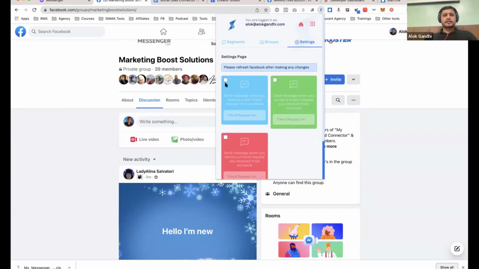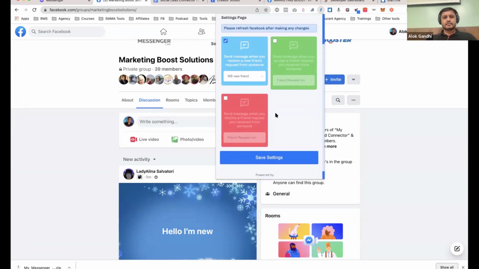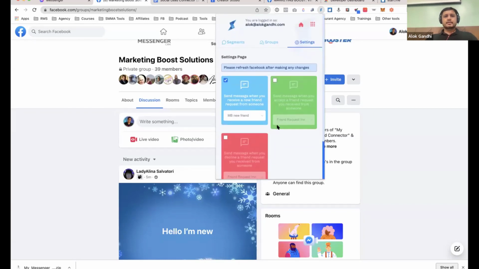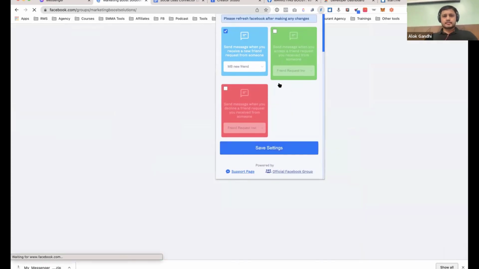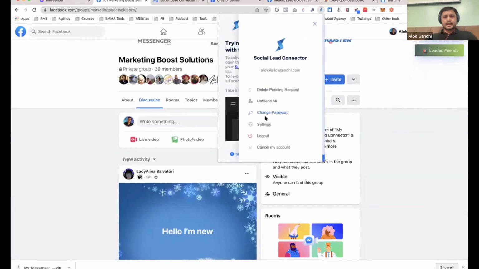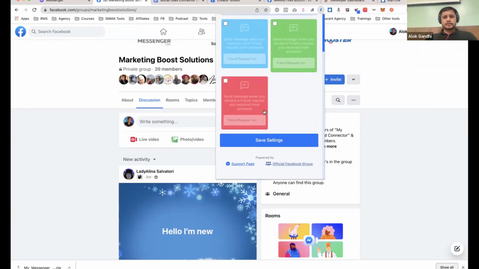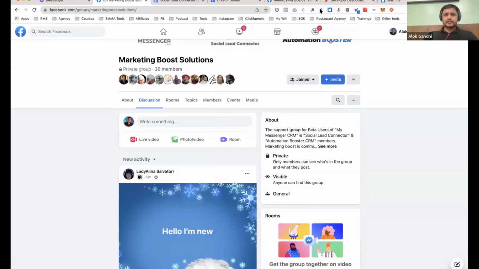So if we go back, and it did not work. Good job. Whenever you're doing a demo, this is what happens. Oh, I didn't save, my bad. Sorry, there's a save setting at the bottom. Where's the save gone? You select the checkbox, you select the group, you save the settings at the bottom. Come on, is it clicking? Yeah. And hopefully it is done now. Let's double check. And once again, if it is not, I'll just have to make a note. Okay, it's not. All right, let me make a note. But this is exactly how.